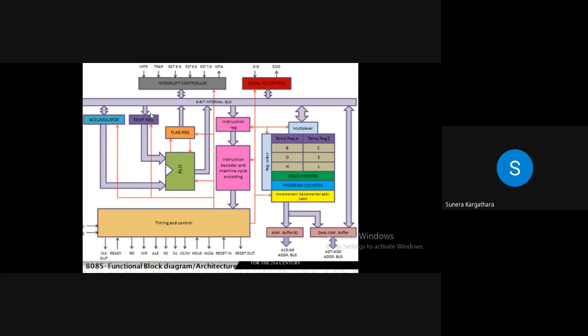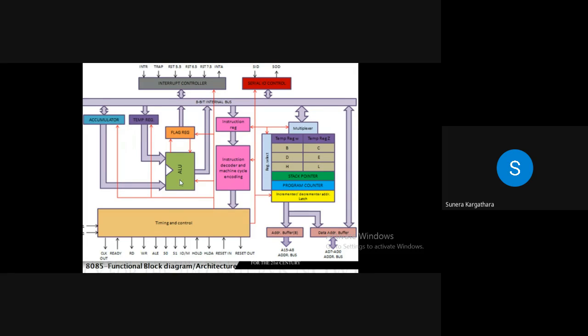The other register can be the temporary register. Your data will pass from this register to the temporary register. So the temporary register will hold some other data. One data is always available in accumulator. The 2 inputs that your ALU will take to perform any arithmetic or a logical operation, one must be from the accumulator, another can be from the temporary register, and the result that you put onto the internal bus, you will find in your accumulator.